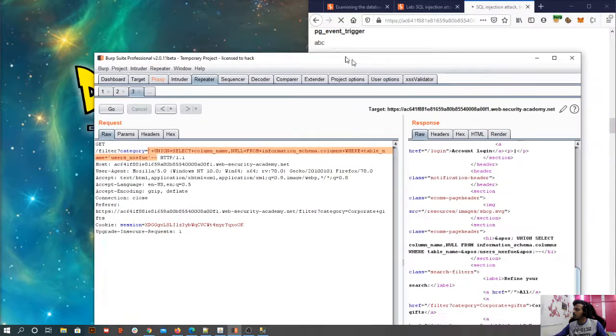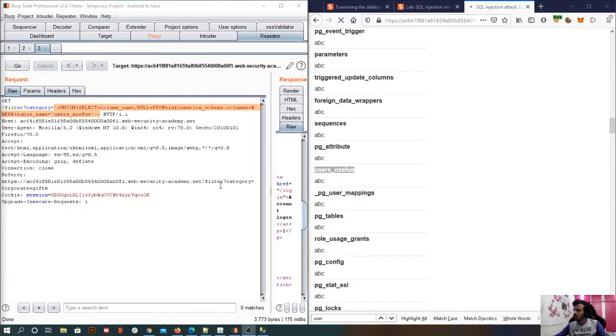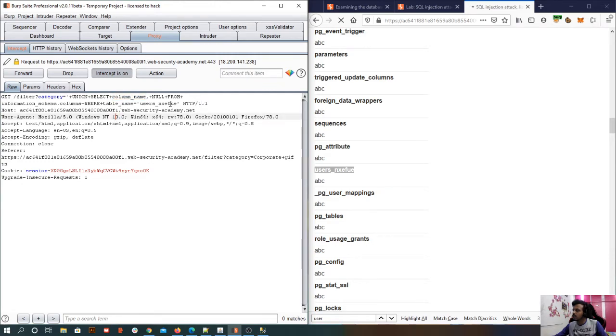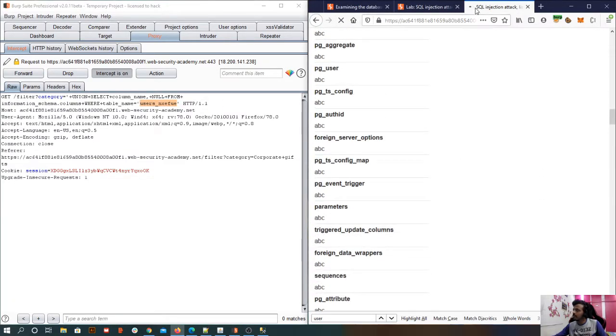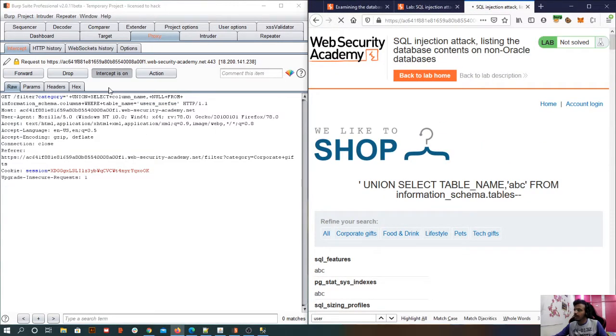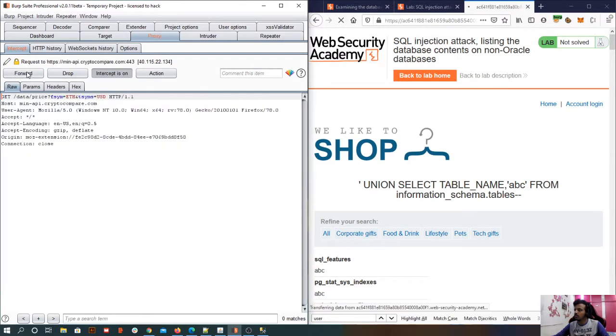For that I'll open my browser and replace the same value in my proxy. Where is my proxy? Here you go, and this is where I replace it. Okay, table name is this and I'll get everything. You can see this tab is still loading, meaning it is waiting for the response from Burp Suite. So I can also do the forward thing. It's not like intercept is off means the next request will not be blocked. That's why I was turning off the intercept, but you can also do forward, forward, forward.